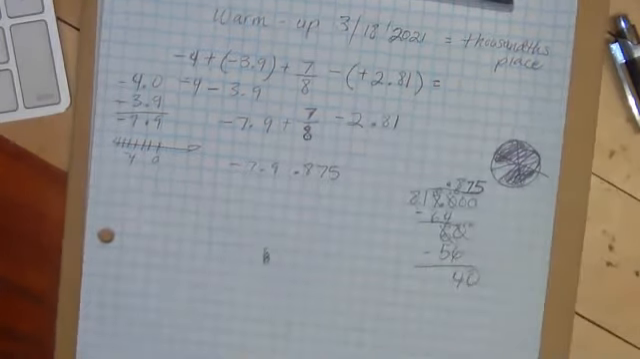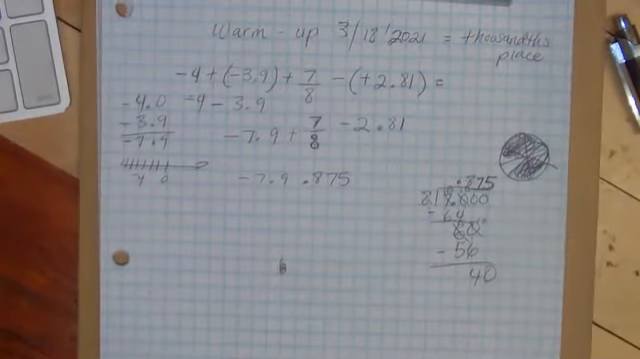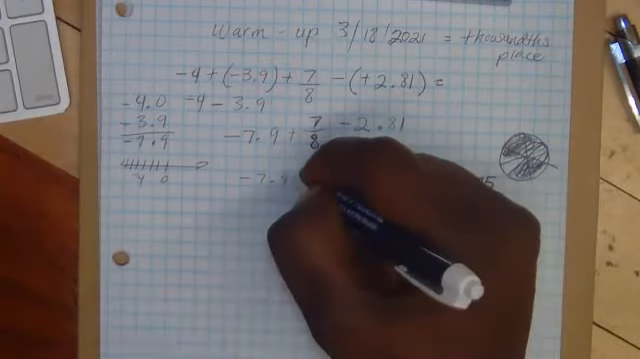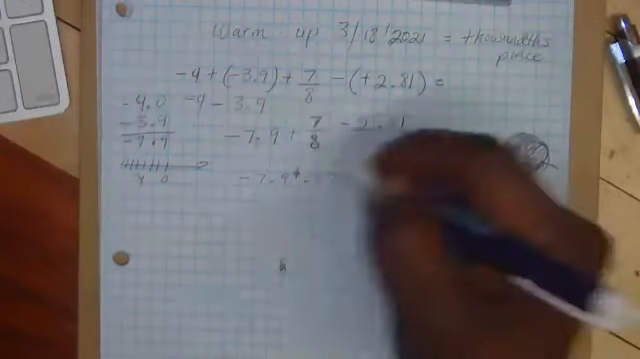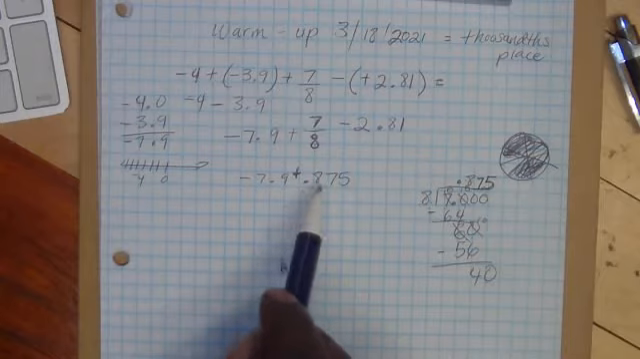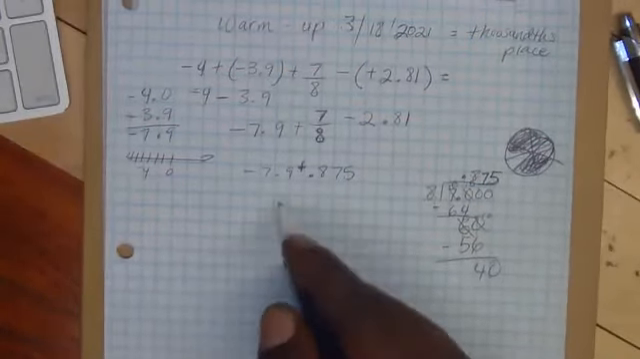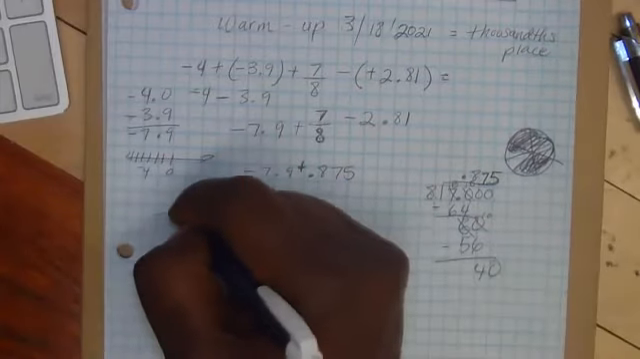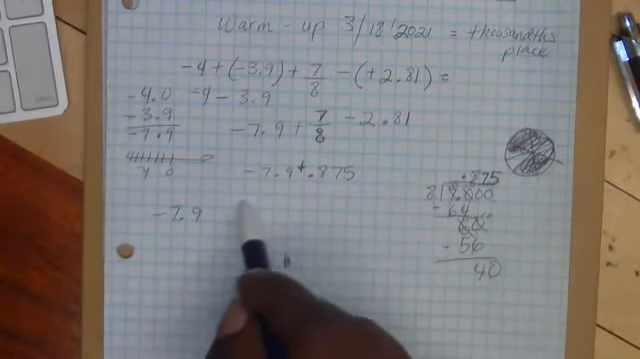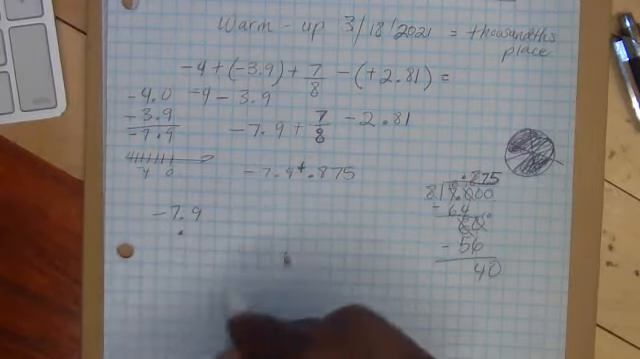0.875. Is 0.875 going to be positive or negative? Positive, right. So now we need to add negative 7.9 to 0.875. And how are we going to do that? We need to set it up right here. Negative 7.9. Now be careful, because you have to keep the decimal in the right place. You put the decimal there,